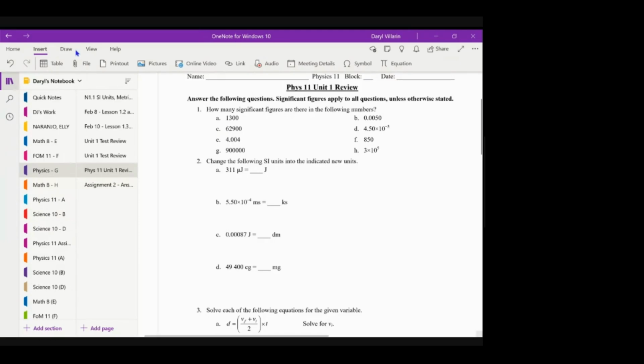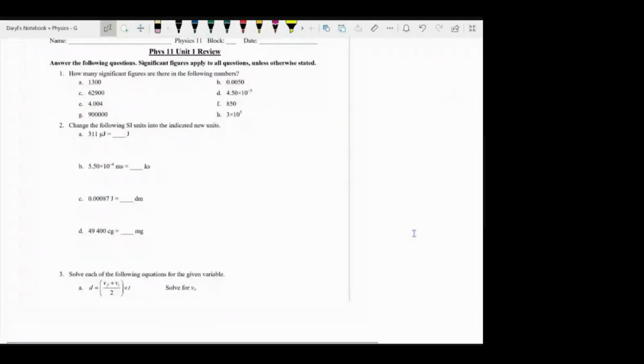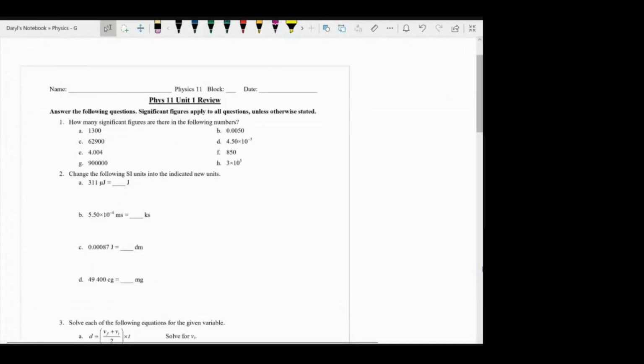Now I'm sharing the unit one review that you have. So going back again, the first question is just identifying the number of significant figs in the following numbers. So we answered the first one is